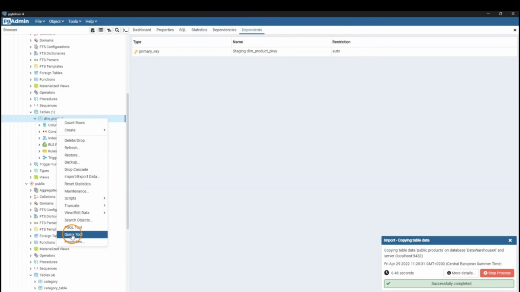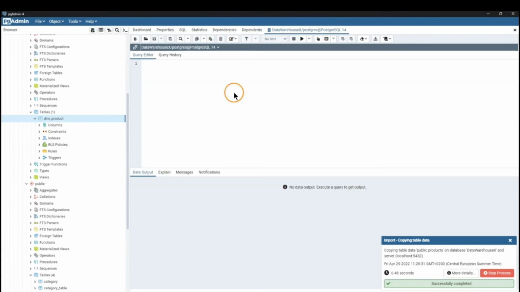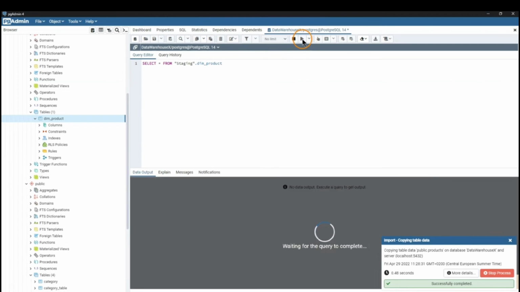So we right click and open up the query tool to write a query. And now we can write select star from, and we want to now use again quotes, staging, and then dot the table name. This can be now dim product,